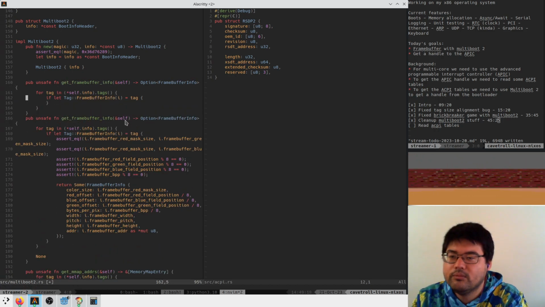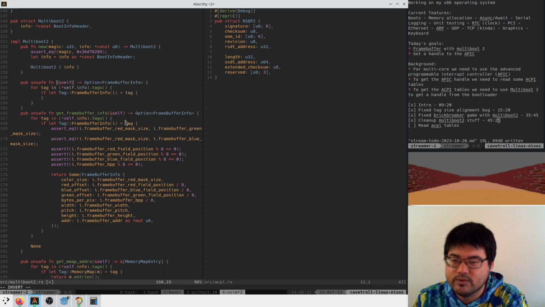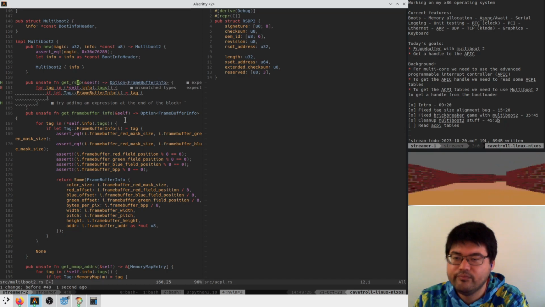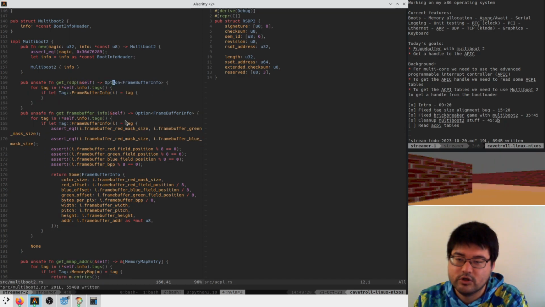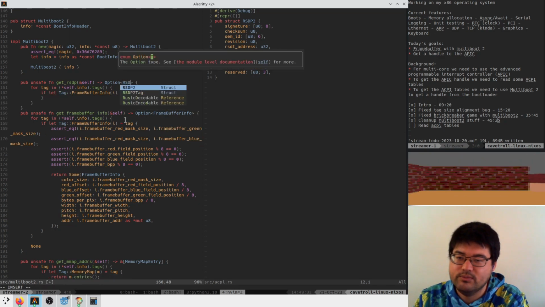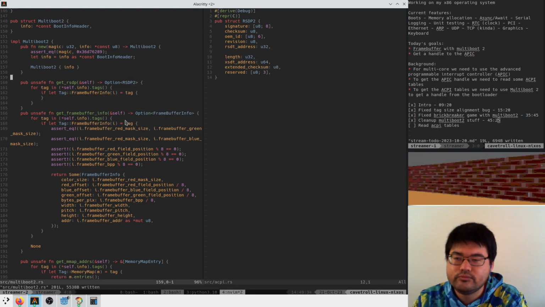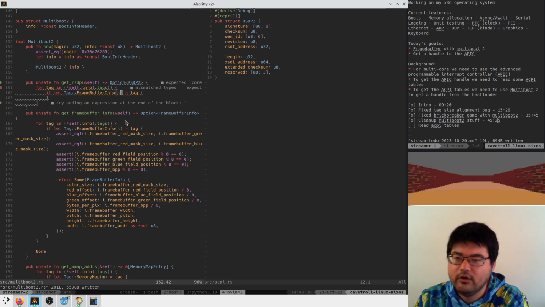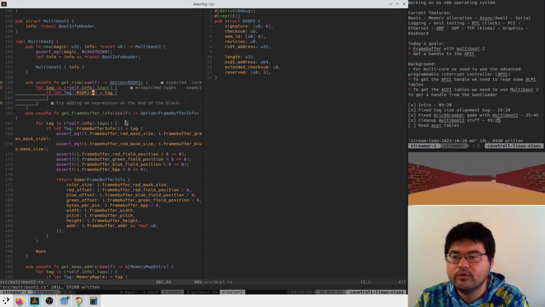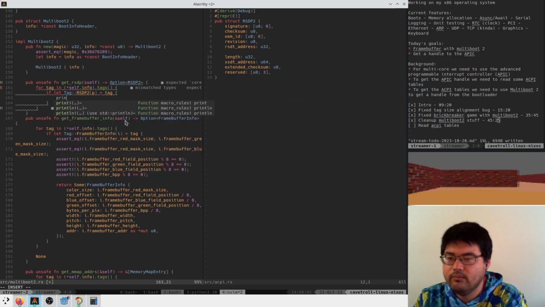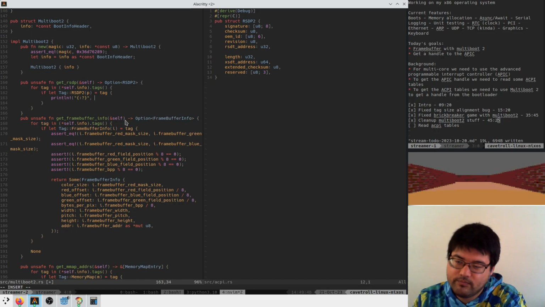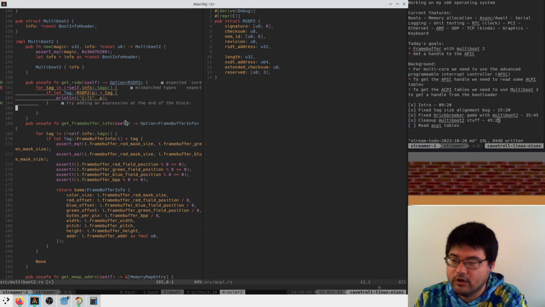We're gonna call this get RSDP. This is going to return RSDP2, probably, I don't know. And if this is RSDP2, we'll println it for now, for debugging purposes, but later we're gonna actually use it.